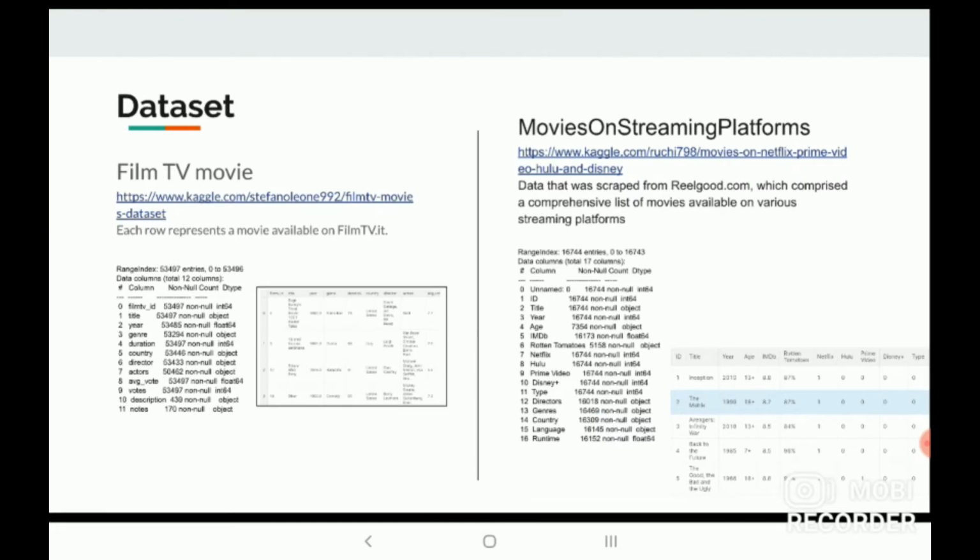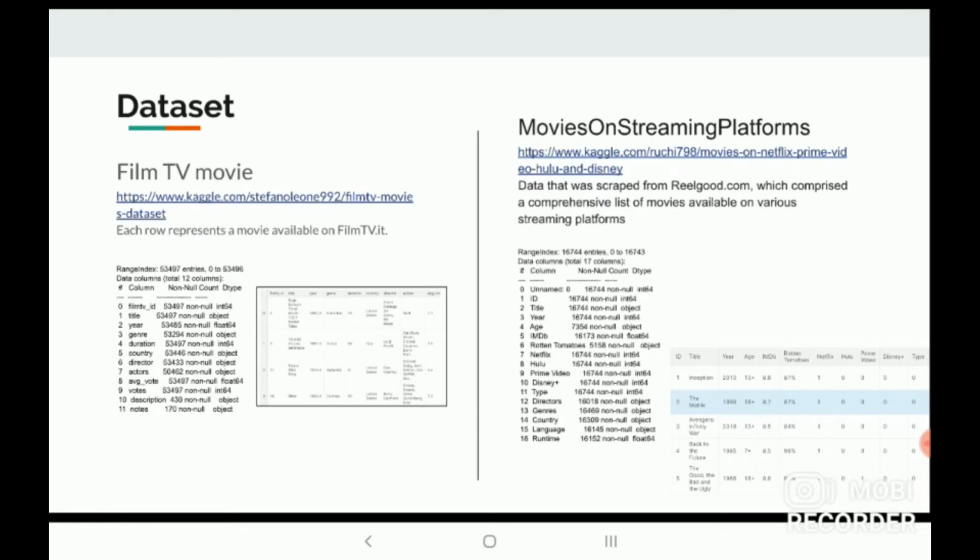So we use two datasets for our model. First, on the right side, the movie on streaming, which has the movie title and the platform that it is available on. That's what we want for our model. For example, the Avenger movies might be available only on Netflix but not available on other platforms.